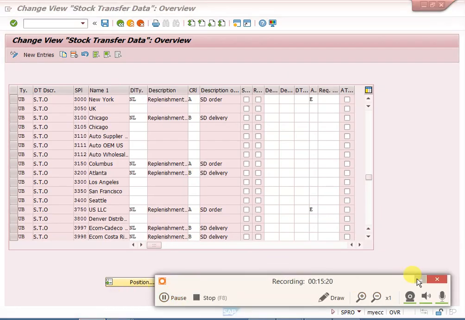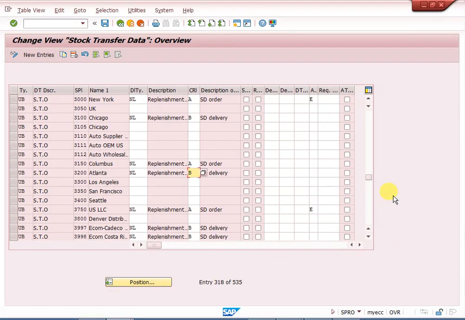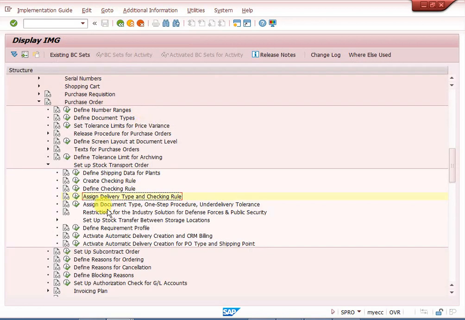Yeah, due to battery issue I had stopped. This is the mandatory step. One more step is there: one step procedure and two step procedure. If it is a one step procedure, once the delivery is complete, MIGO goods receipt is not required.